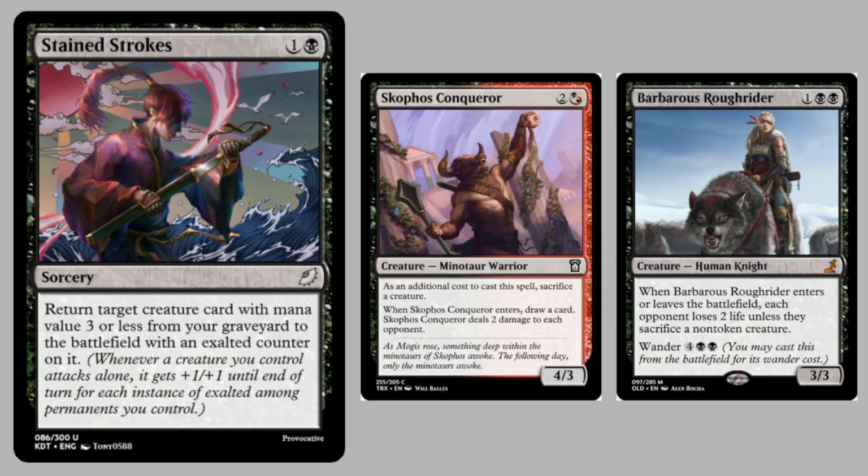With all of these 2-mana removal spells, it's a good thing we also have a way to peel cards out of the graveyard for 2 mana as well. Stain Strokes is 1 and a black for a sorcery that returns a creature card with mana value 3 or less from your graveyard to play with an Exalted counter on it. This is a great resource for those Scophos Conqueror Barbarous Rough Rider decks to help keep your Haymakers coming back in,